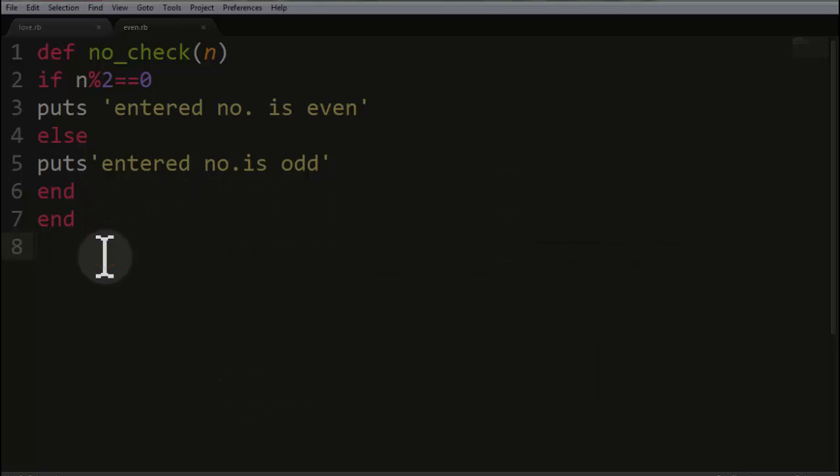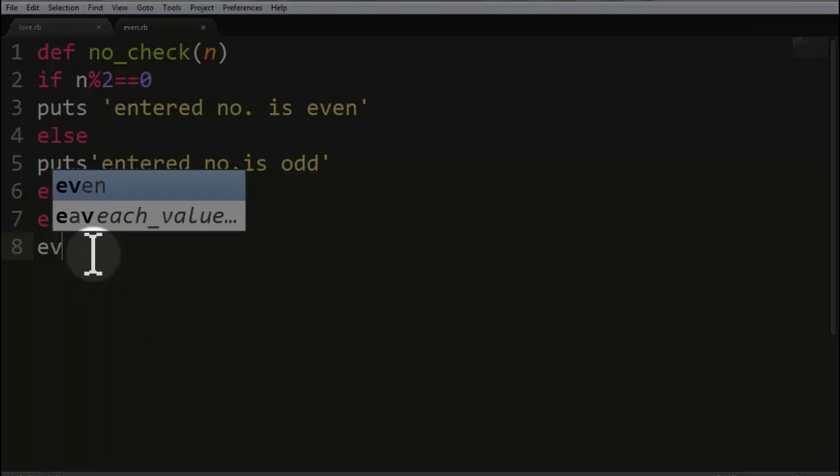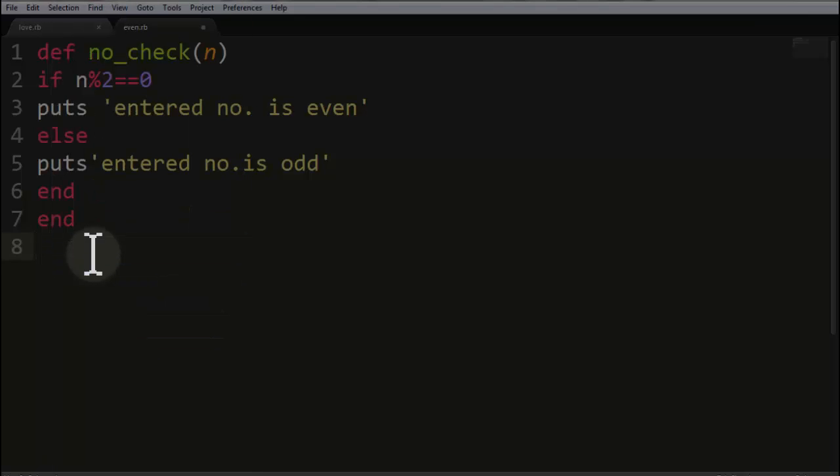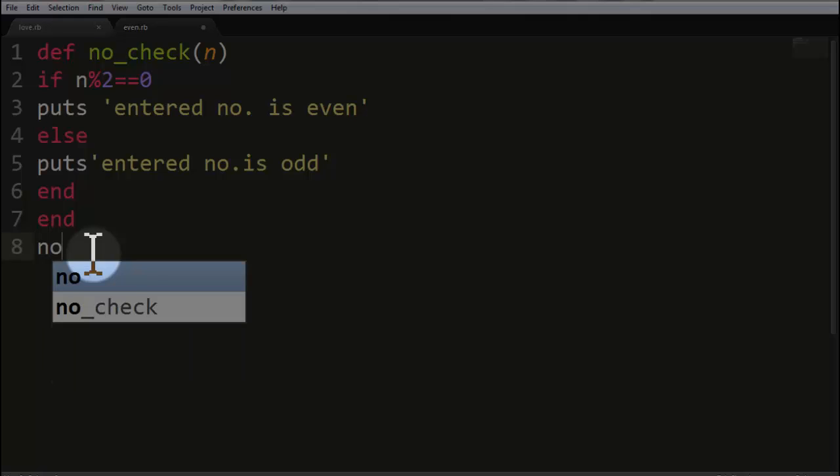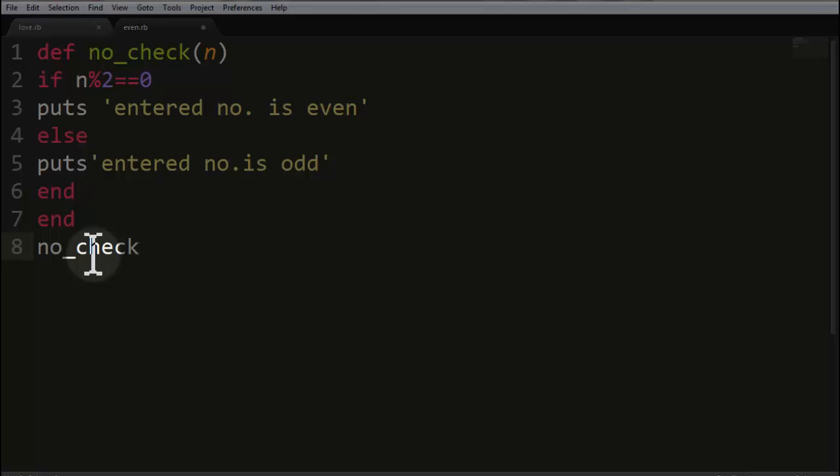Now we are going to call our function. For calling the function, we will just write the function name. Our function name is number_check, number underscore check, right? And here we will write the number which we want to check. Just like here I am writing 43, which is an odd number.